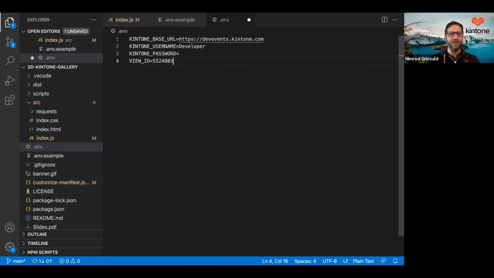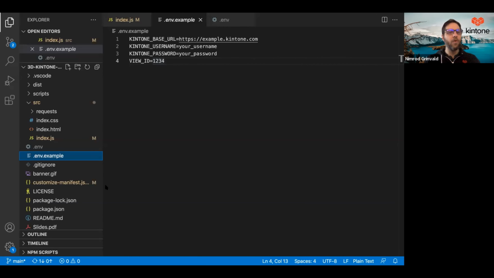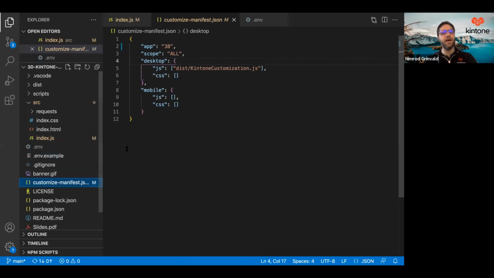Did you keep it secret? Did you keep it safe? And now we're going to change our customize-manifest file. We're going to grab something called an app ID, which is going to be the